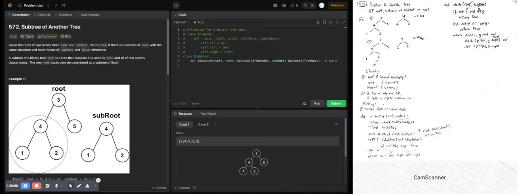Now let's test the code with the example input that we are given to see if it works as intended. In the first example, we have 3, 4, 5, 1, 2. So the subroot starts with 4, which did not match, which is not the same as the current one. So we go on to the left. And then we see that in the left,